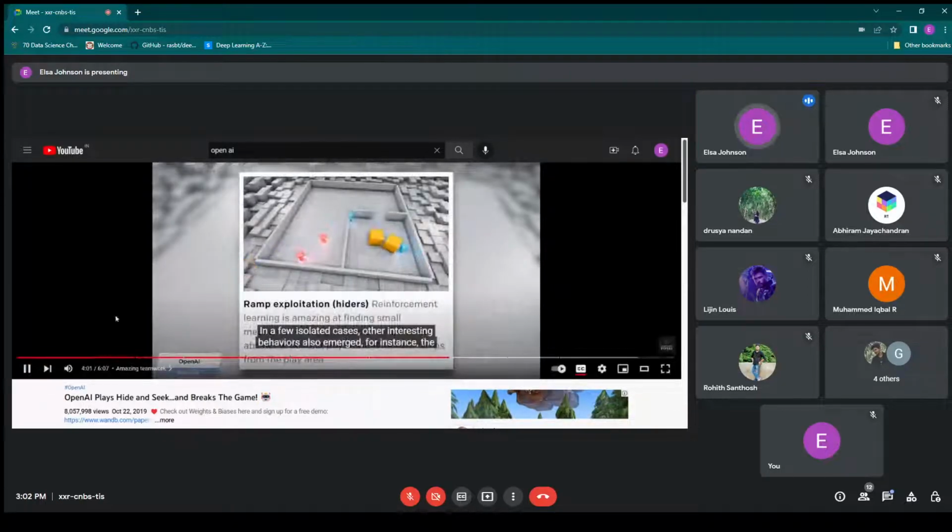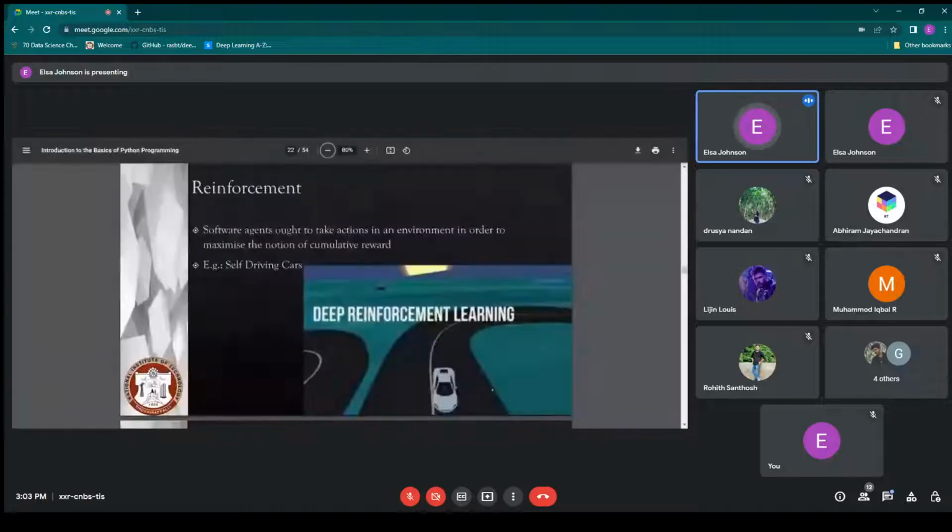In a few isolated cases, other So you can search this one later. I'll just share the link at the end also. So this is how the OpenAI, it's a game which plays hide and seek. So this is one of the examples of reinforcement learning. Okay. Now,